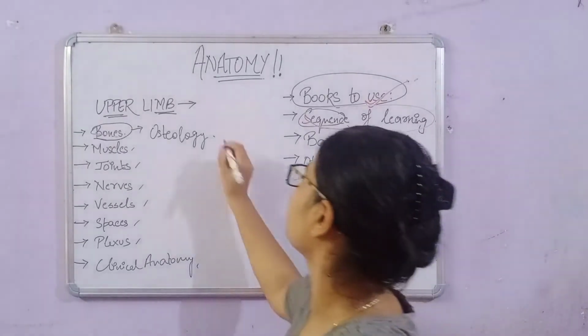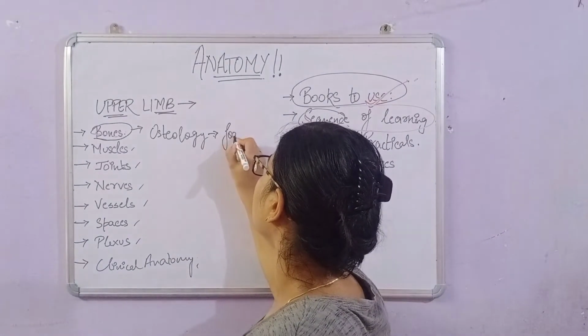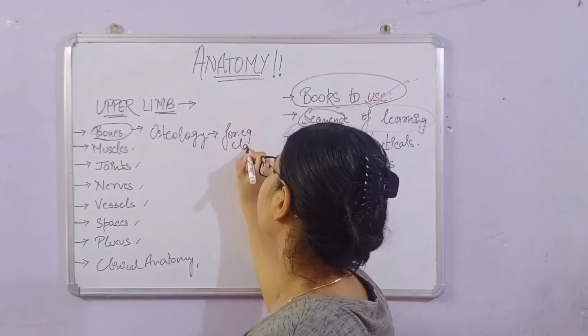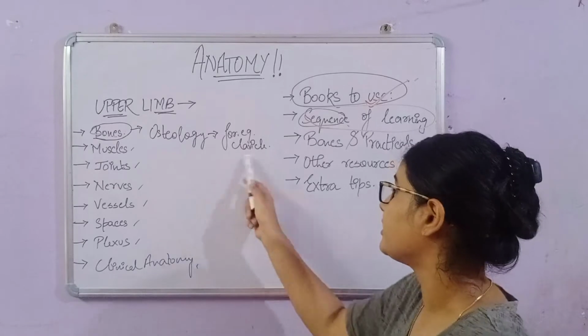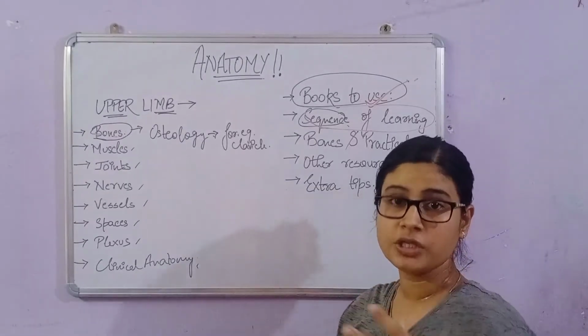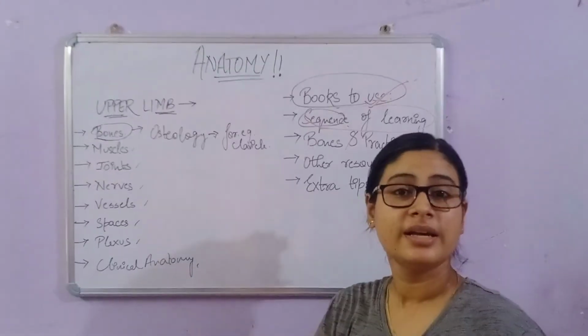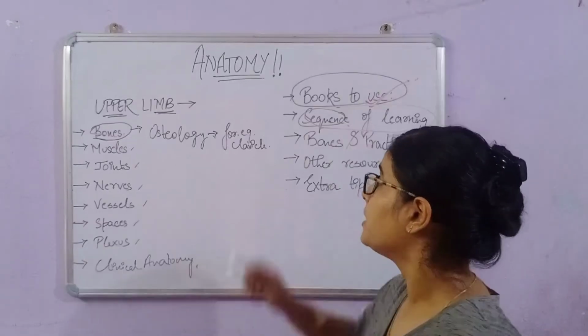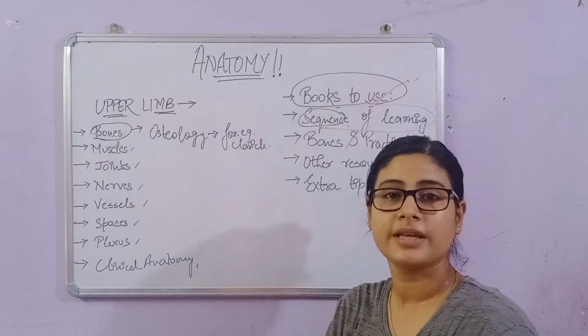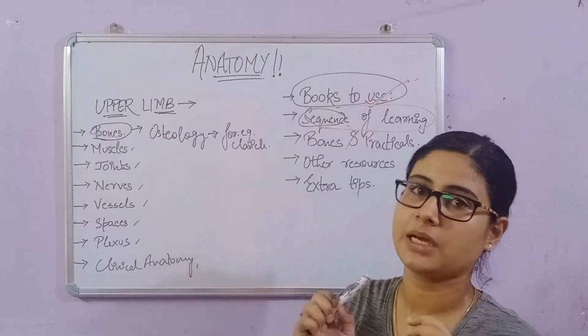Let me write one example here, your clavicle. I will go through the clavicle. What do you see in the clavicle? The clavicle's introduction, then side determination, then muscle attachments, and then the clinical anatomy and its diagram. Similarly, I will go for the humerus, radius, ulna, and carpal and metacarpal bones.